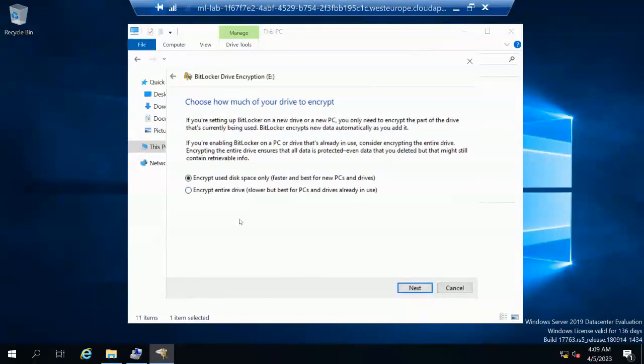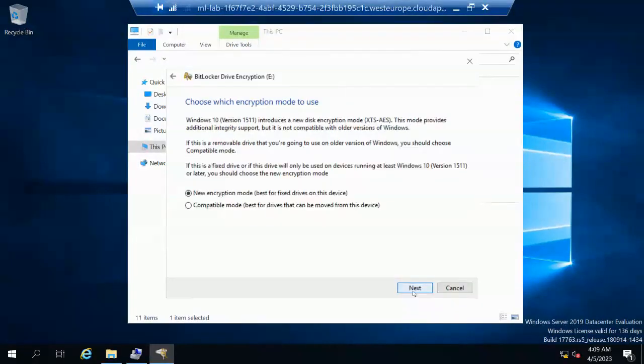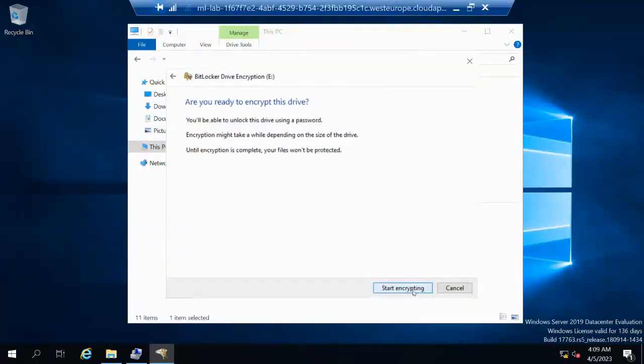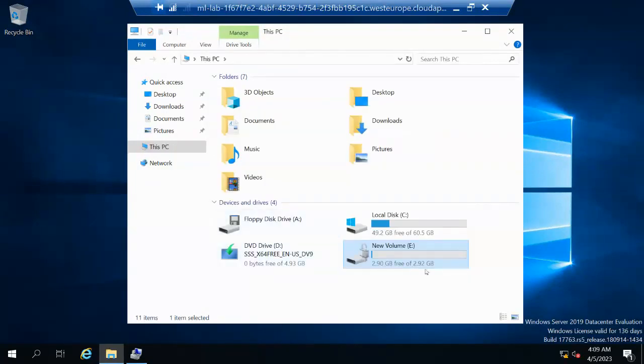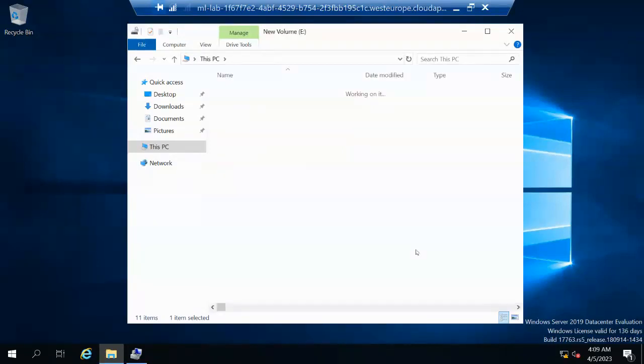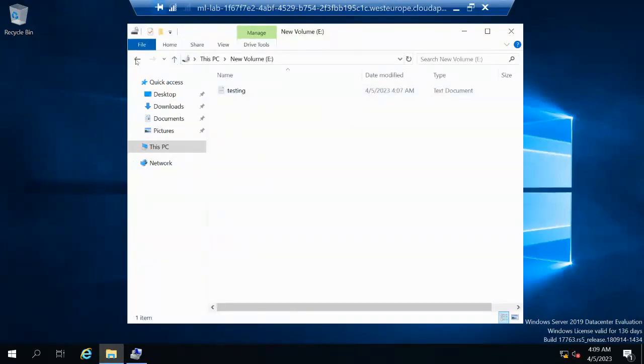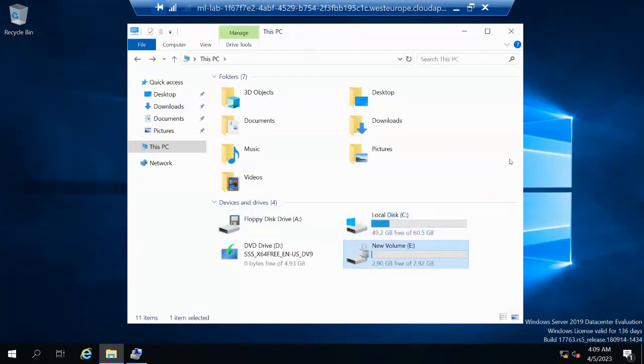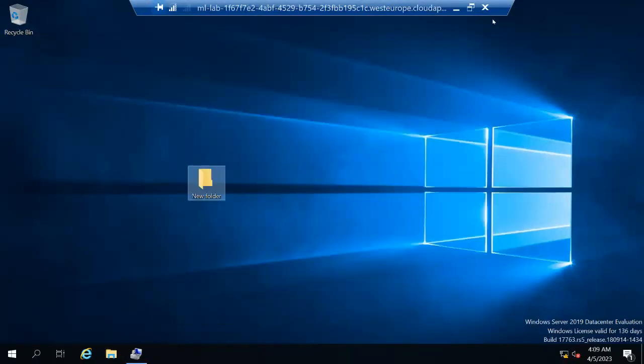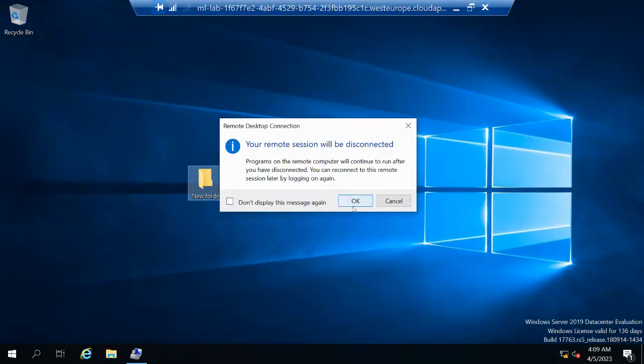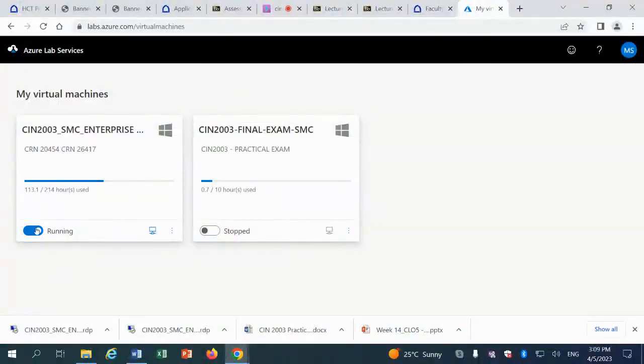You have two options. Do you want to encrypt the used disk space or the entire drive? You can choose either. Okay. And start encrypting. Done. So now my volume here is encrypted. So this is it for this lab. We close this. Now we talk about